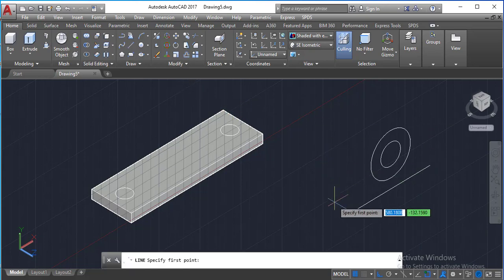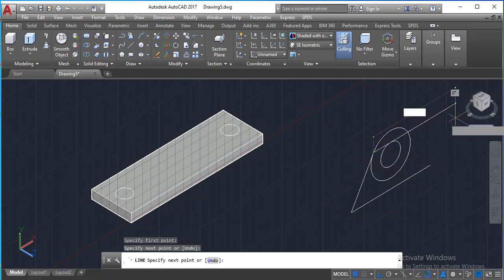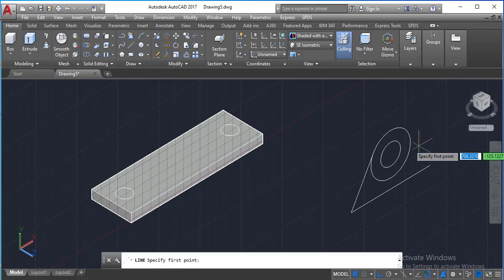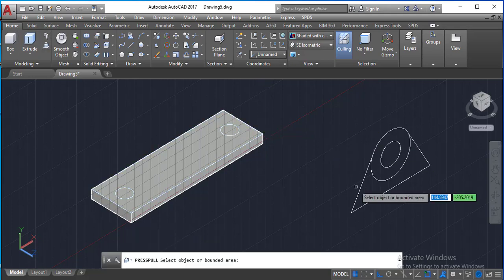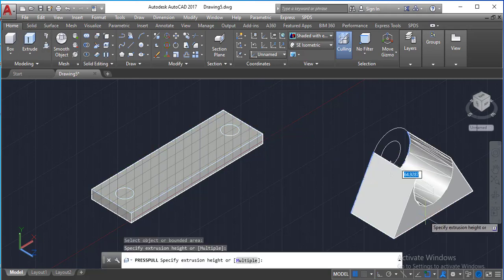So you come here, you can see this, the icon of the tangent, and you also come here, that is the one. So now you go to,